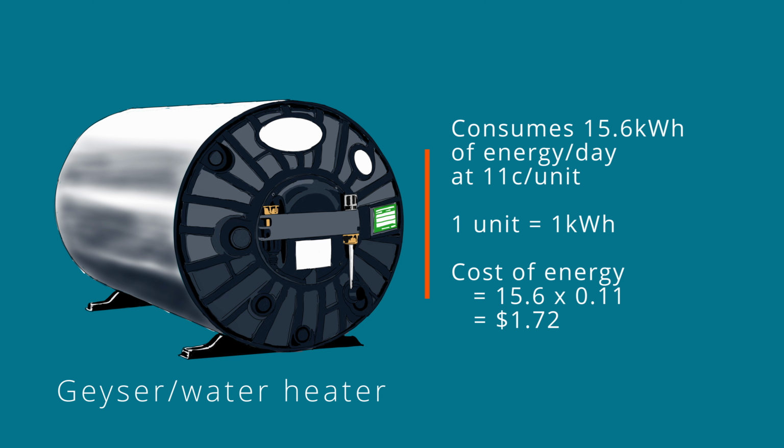By the way, 1 unit of electricity is 1 kilowatt hour of energy. So for our water heater, we are paying 15.6 kilowatt hours times 11 cents per unit, which is about $1.72 each day. Now, this is just a simplified example to help you understand the relationship between voltage, current, power, energy,